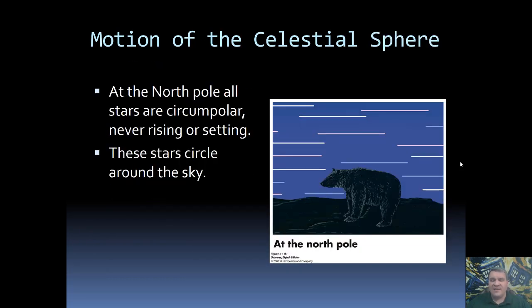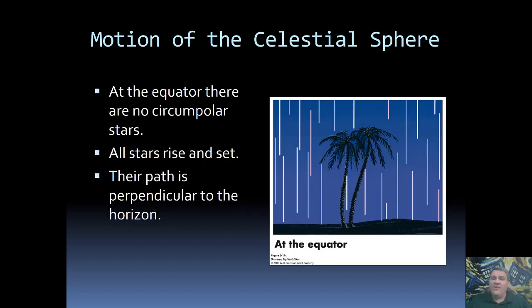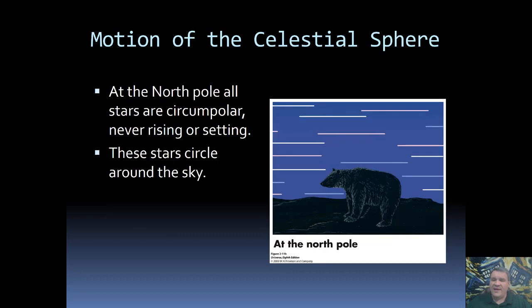Now, part of what this means is because all of the stars are circumpolar, as they go around, they're actually going to be horizontal compared to the horizon. The stars will move parallel with the horizon. So if you were to stand on the North Celestial Pole and watch the stars over the course of a day, they would appear to circle around you. If you ever want to feel like you're the center of the universe, stand on the North Pole and watch everything spin around you.